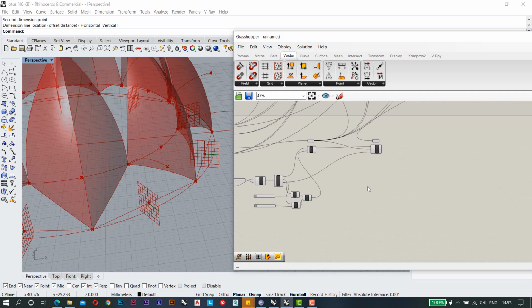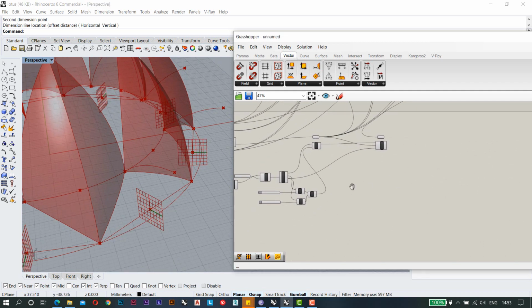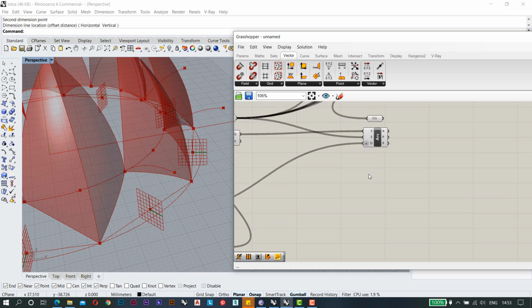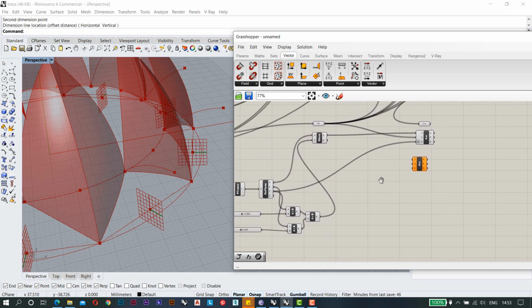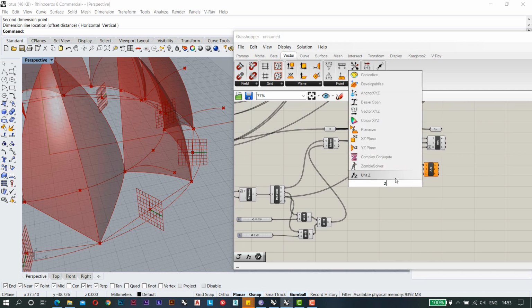For making the third arc, again we need to connect these points first. I'm going to make the line here, or probably you can directly make it by the method that we have, this arc direction. The start point will be this point, so I'm just putting it here, and the direction will be z.